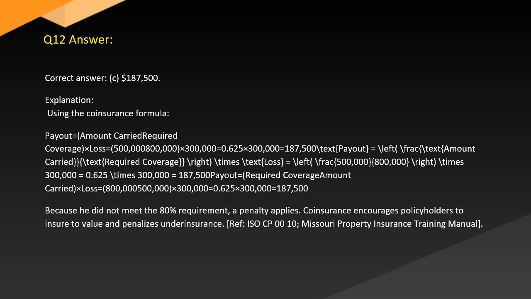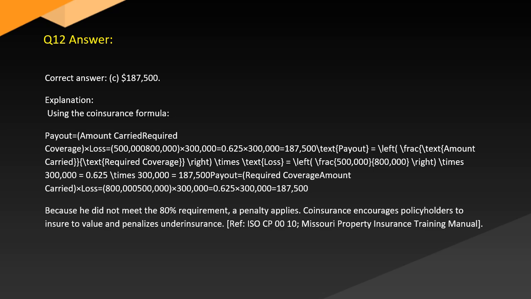187,500. Payout equals amount carried over required coverage, times loss, which is 500,000 over 800,000 times 300,000 equals 0.625 times 300,000 equals